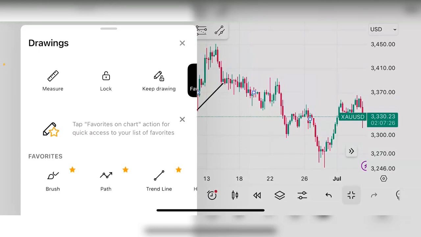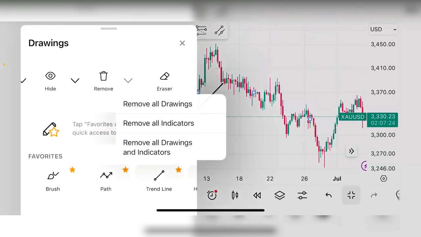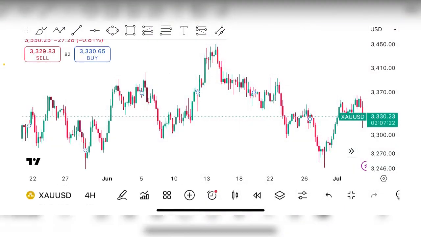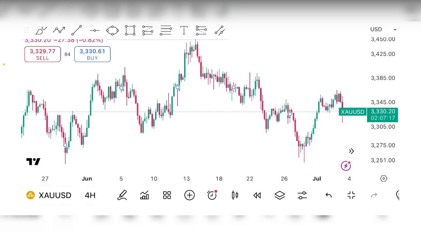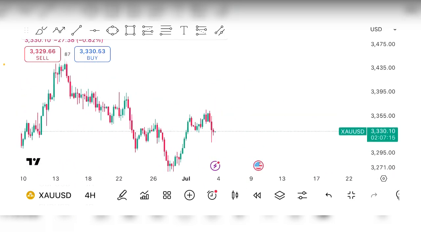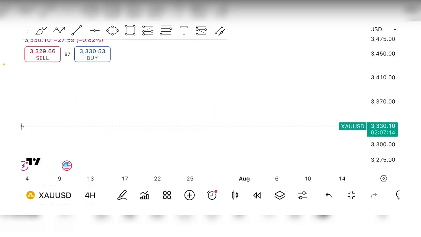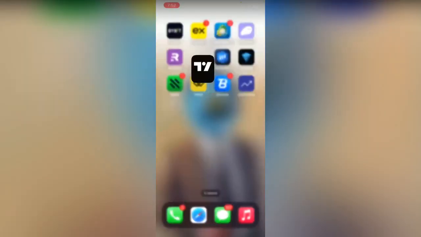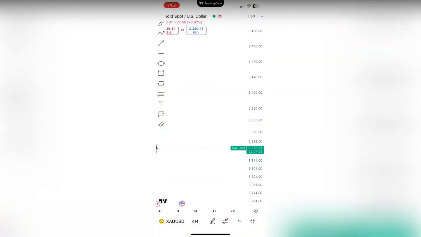You know, I said something about how to use TradingView. So this is how you use TradingView. Please watch this video to the end. First things first, once you open the app, TradingView, you sign in. After you are done signing in,